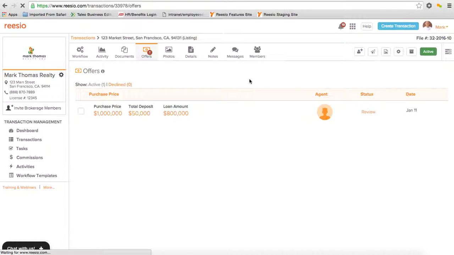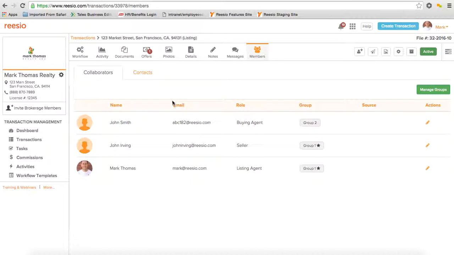Also, if I go to the transaction member section, by default, when a buyer's agent makes an offer on your transaction, they will be automatically added to the transaction. However, they are put into their own separate group, which means they cannot see your client, the seller. They also cannot see, they can see your client, the seller, but they can't see any other buyers or buyer's agents. So you don't have to worry if like 5